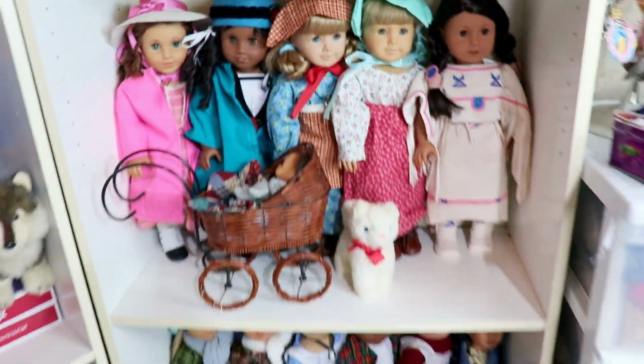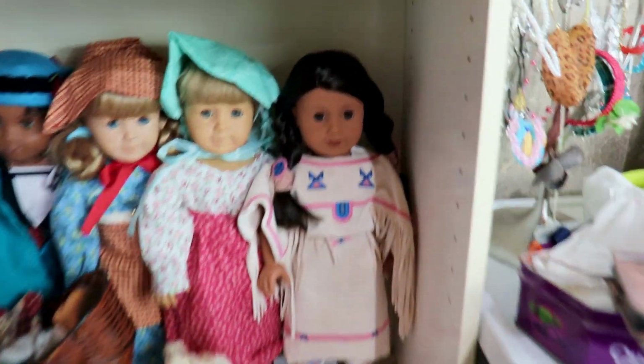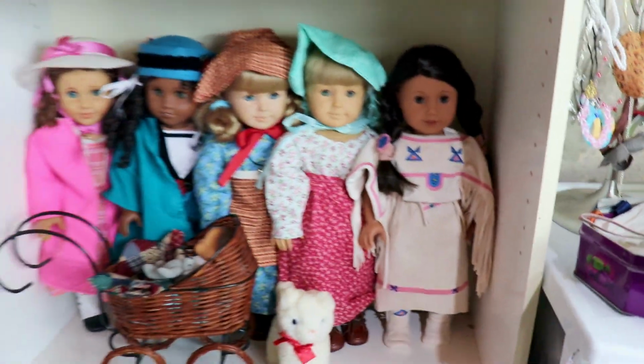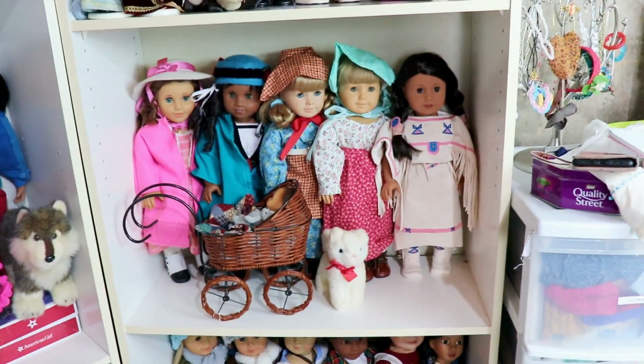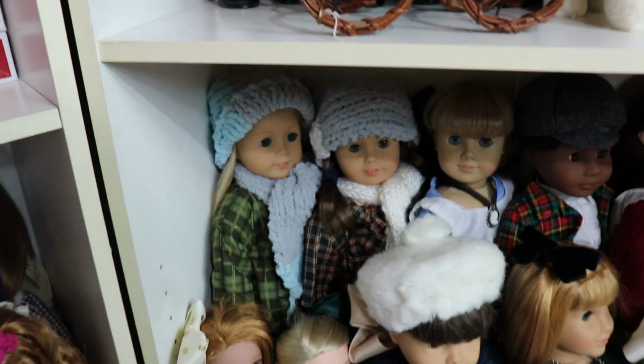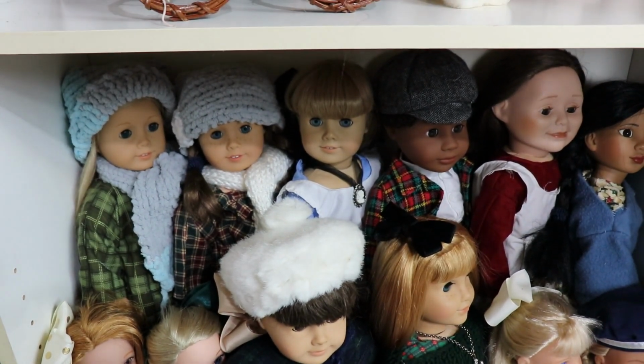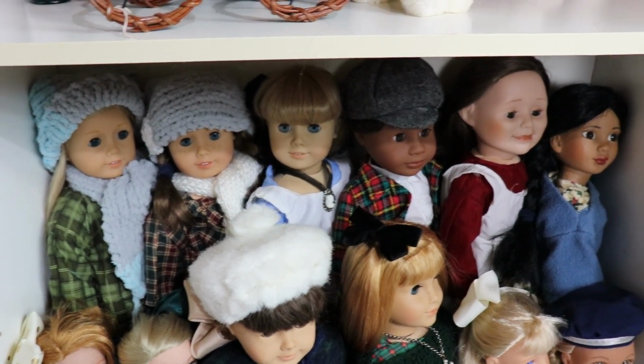And this was one of the reasons I decided to move the shelves, because I wanted to show off Singing Bird's outfit. And I think that having them in the back row, it would be hidden. So this is kind of a nicer display, at least for now. Then we have Mary and Laura from Little House on the Prairie. Alice, from Alice in Wonderland, which is